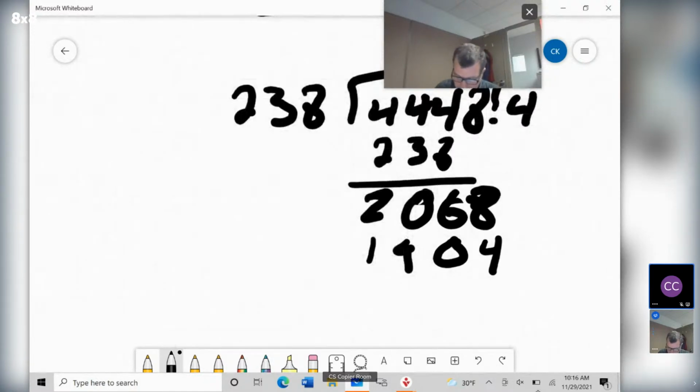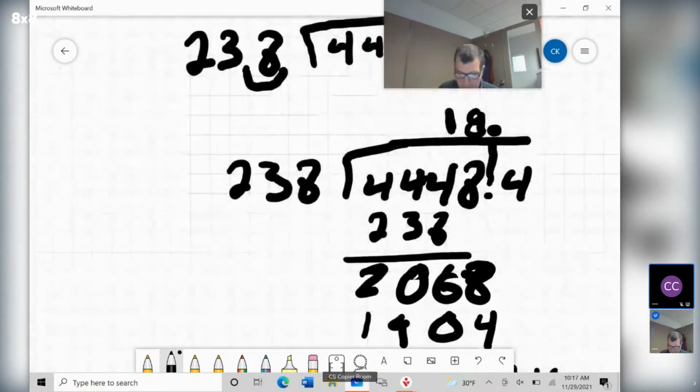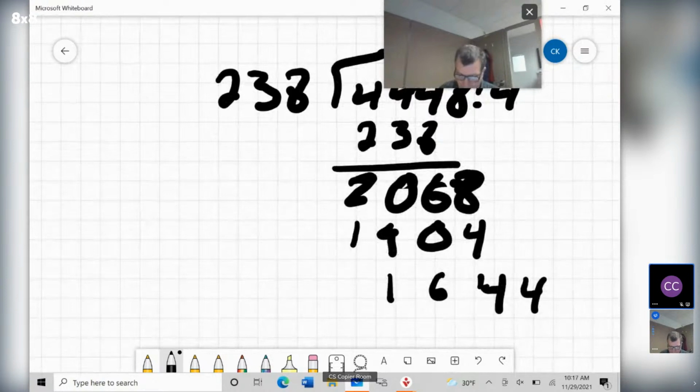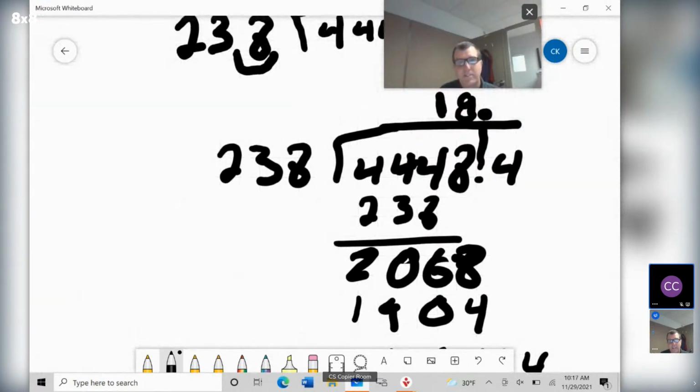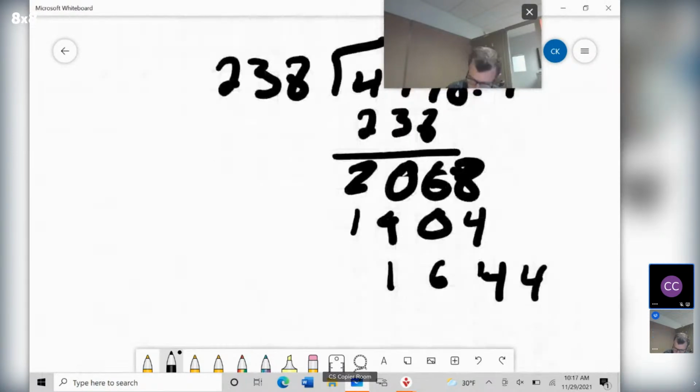And then it's going to be 8 minus 4 is 4. 6 minus 0 is 6. And then the 20 minus the 19 is 1. And then you would bring the 4 down, and you do the exact same process. You do 238 into 1644, which I think is 6. It's going to be 6 or 7. And if you have a calculator, you can certainly do 1644 divided by 238 and see what you get. And that's how we would do basically a